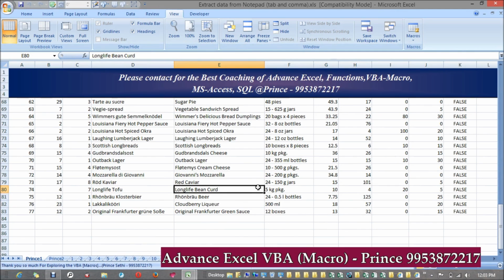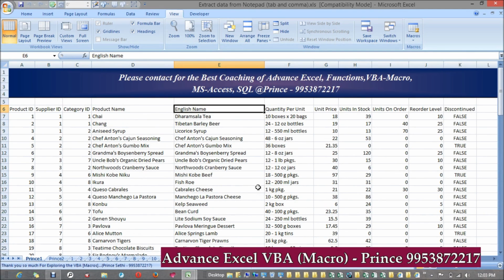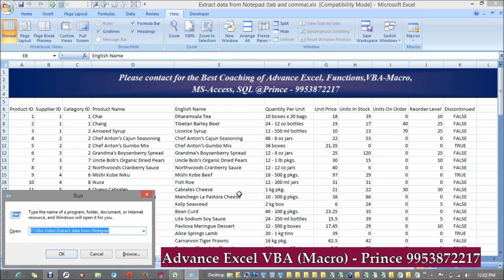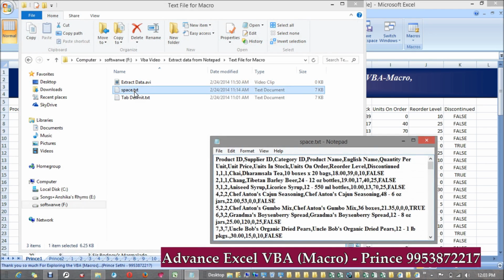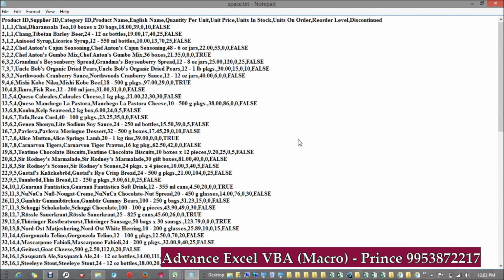Fine. So in many cases we usually get the file in tab delimited form, or in some instances we'll get files that are not tab delimited, but delimited by comma, meaning comma separated values. So I'm just showing you how it looks and how we can treat those files. I have the same data, but this data is comma separated. Okay, so 1 1 1 comma comma comma, meaning after each and every value we have a comma,